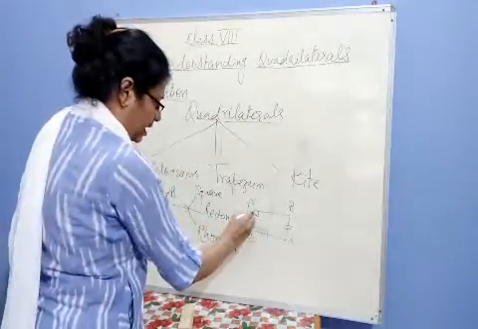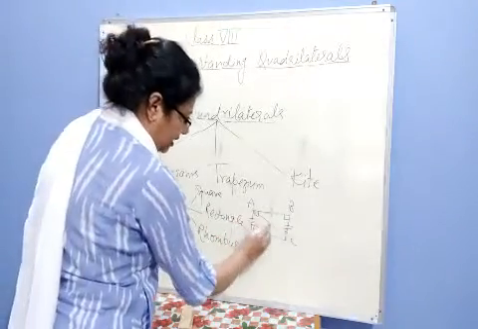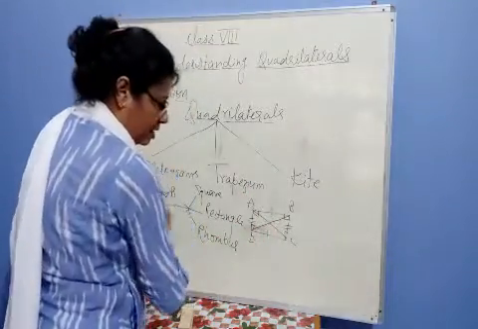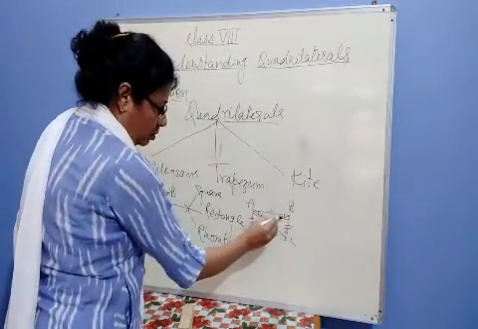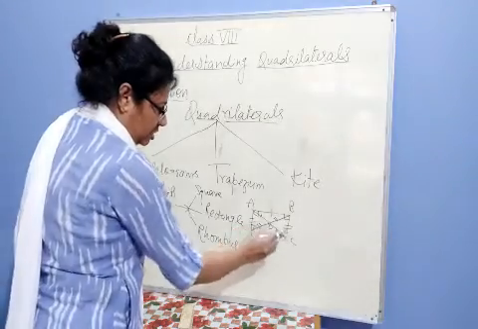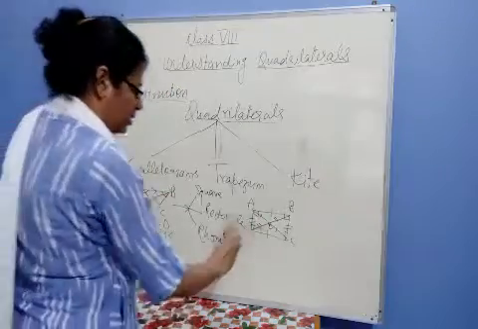Similarly, all the angles of the rectangle are 90 degrees. Their diagonals are always equal and diagonals bisect each other. Means OB is equal to OD and OC is equal to OA. So this is the rectangle. Now the third is